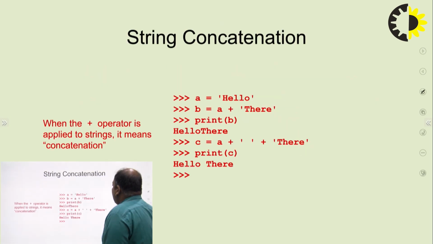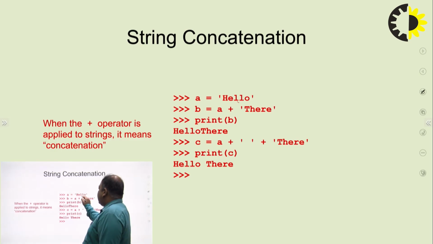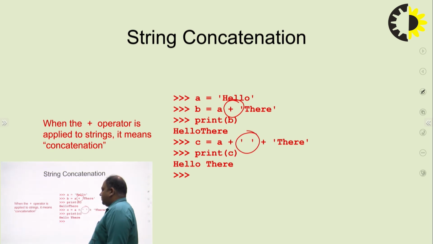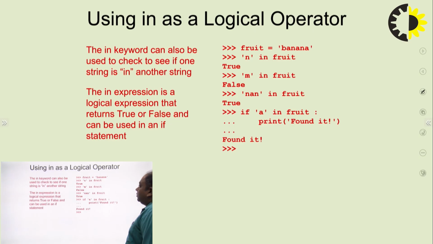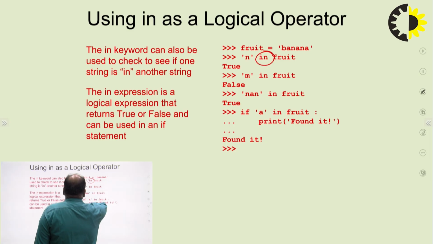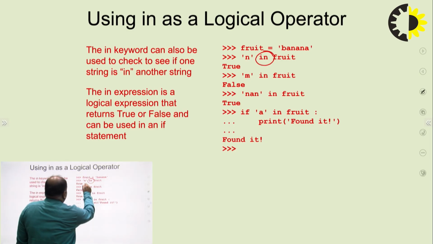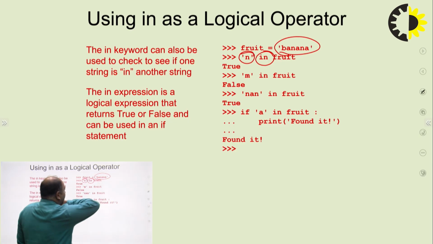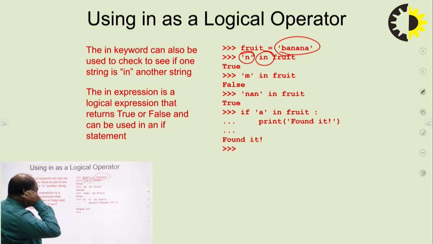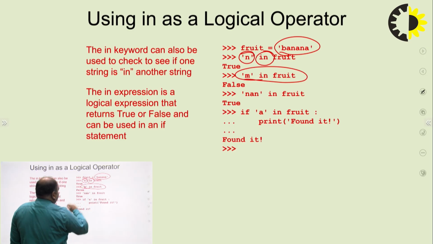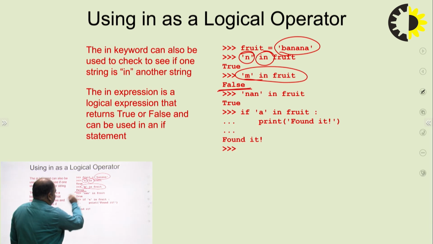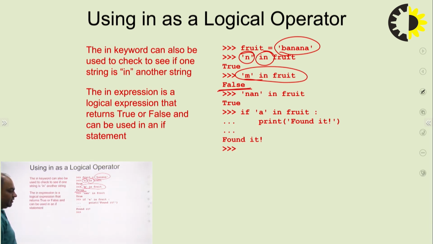Okay. Now string concatenation. For concatenation of a string, we use the plus sign, as I have told earlier. If we want to give the space, then we can write white space also. The logical operator uses the membership function like n in banana. What will it do? It will find the character n inside the word banana. If we have the n inside banana, it will print true. If we don't have that, it will print false. If we want to find m in fruit, but fruit does not have the alphabet m, so it will represent false. Okay. This is the use of the logical operator in Python